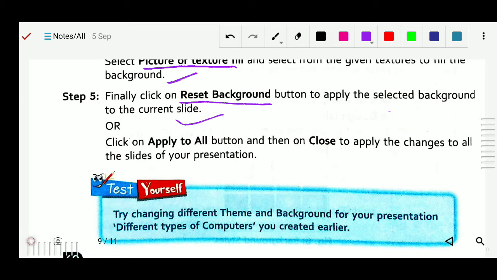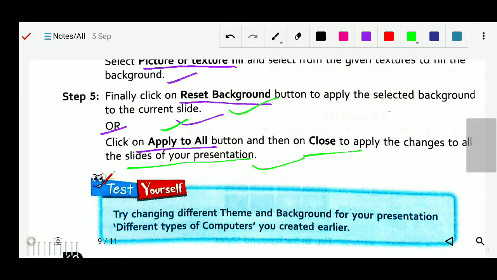You can click on reset background, or you can click on apply to all. Either select reset background or click apply to all. Then after you can close it, and this changing background will be applied to your slides of your presentation.